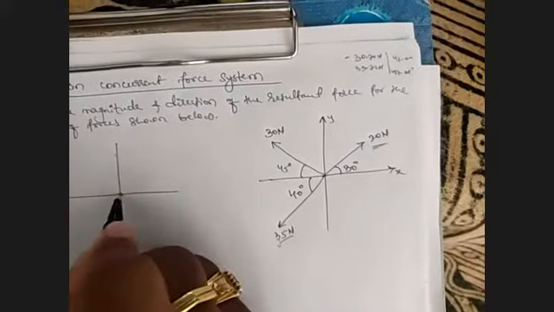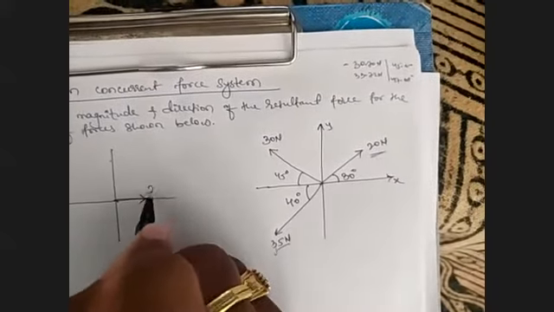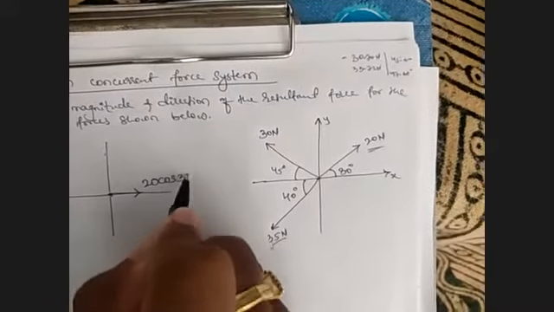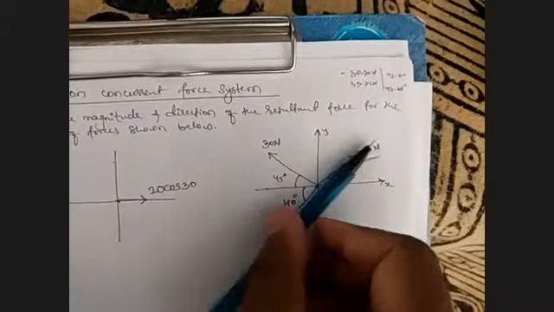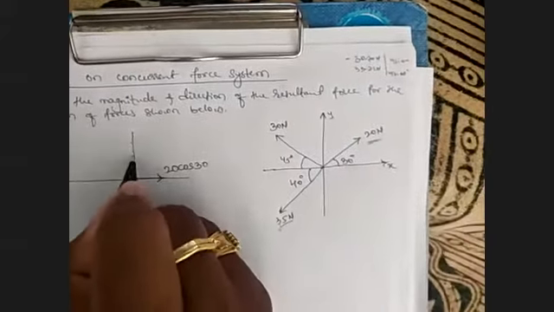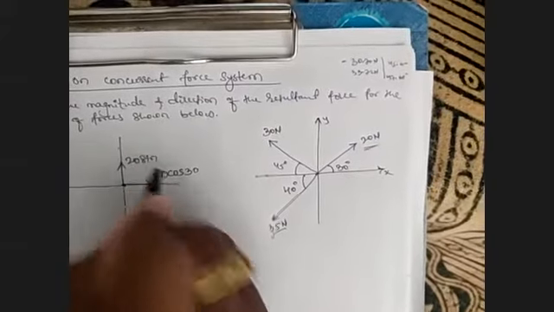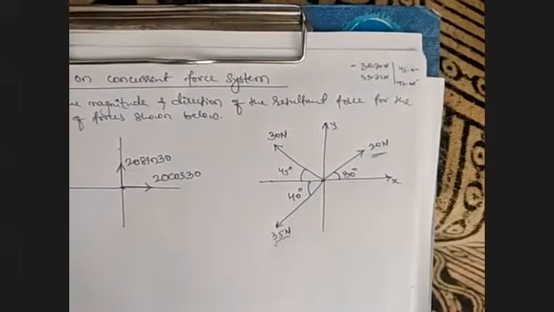Show the direction here, towards the right. First write the force magnitude, which is 20 multiplied by cos of 30, because the angle is 30. Similarly, it is in the first quadrant, x lies like this and y will be acting upward. So show the arrow mark upward, the y component lies upward, and it is 20 multiplied by sine of 30. This is how we convert the force.